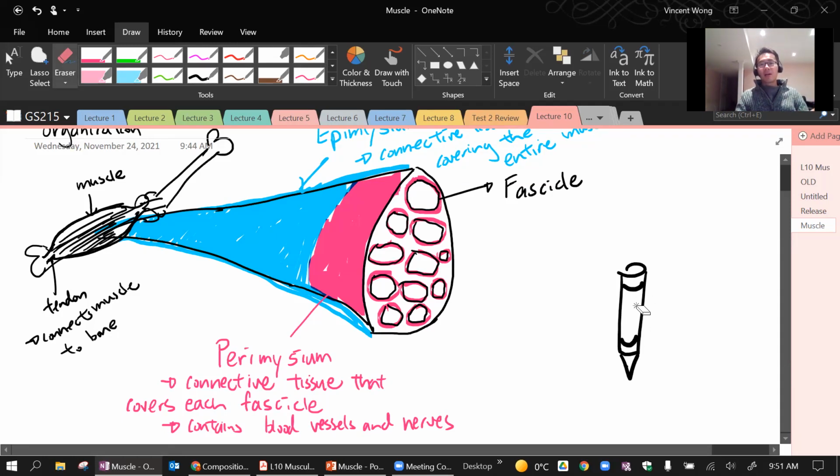You can think about the little paper wrapping as the perimysium, and the crayon would be like a fascicle. So if you think about a whole pack of crayons,